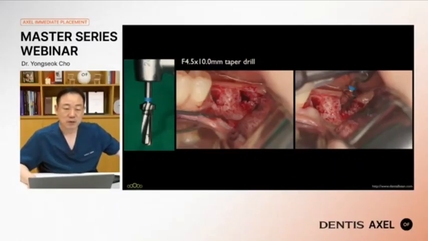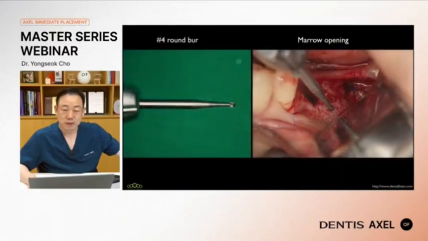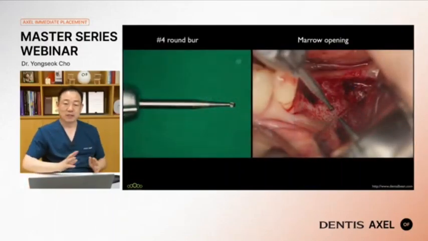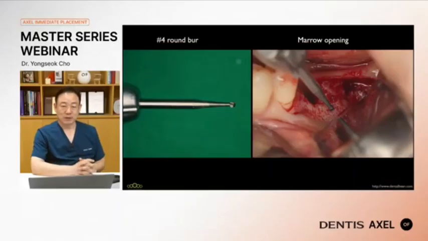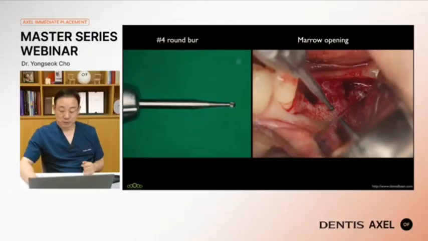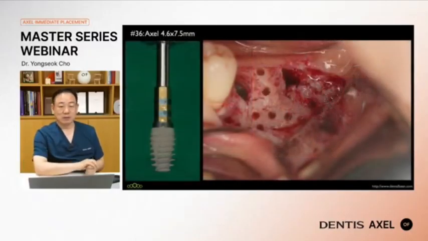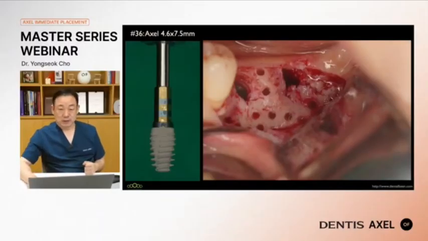Drill was 2.5 by 10 millimeter. And for GBR, I decided to open bone marrow. Before implant installation, better to open bone marrow, with a round burr. With a straight round burr, bone marrow opened well, and the patient had very thin soft tissue, and when I